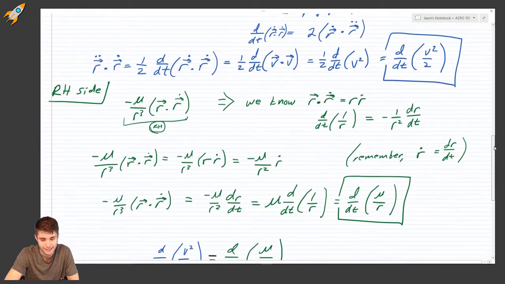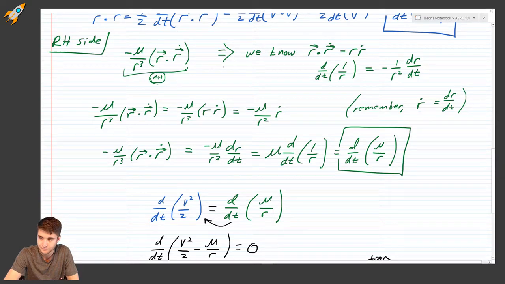And then we looked at the right-hand side of the equation, and we had this. And we used another one of our vector theorems, that r dot product with the time derivative of r is just their magnitudes multiplied. And then we took a look at this: d over dt of 1 over r is negative 1 over r squared dr over dt. And then we noticed how the right-hand side of the equation